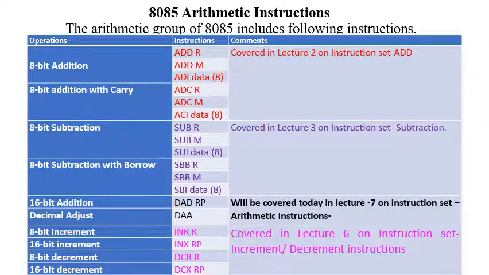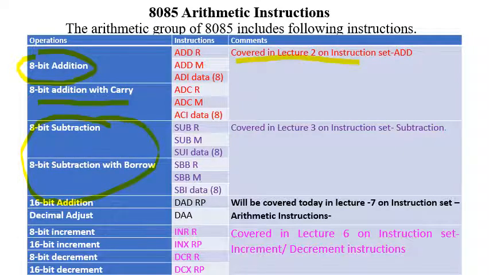The 8085 arithmetic instructions. The arithmetic group of 8085 includes following instructions: 8-bit addition और 8-bit addition with carry, जिसको कि हम लेक्चर 2 में कवर कर चुके हैं, 8-bit subtraction और 8-bit subtraction with borrow जिसको हम लेक्चर 3 में कवर कर चुके हैं, 8-bit और 16-bit increment, 8-bit और 16-bit decrement जिसको हम लेक्चर 6 में कवर कर चुके हैं. Only 2 more instructions DAD RP and DAA are left and we will discuss these 2 instructions